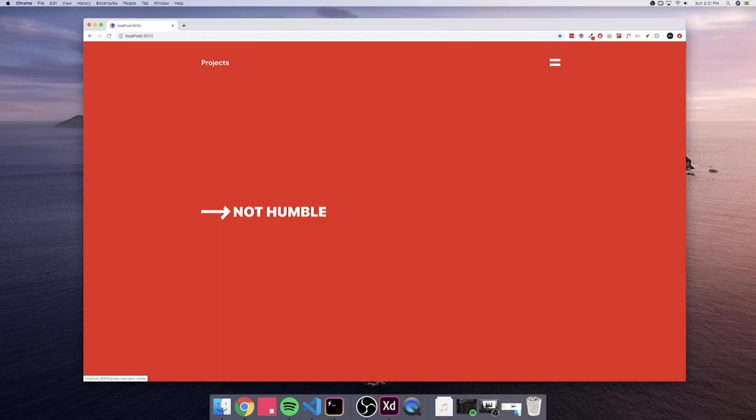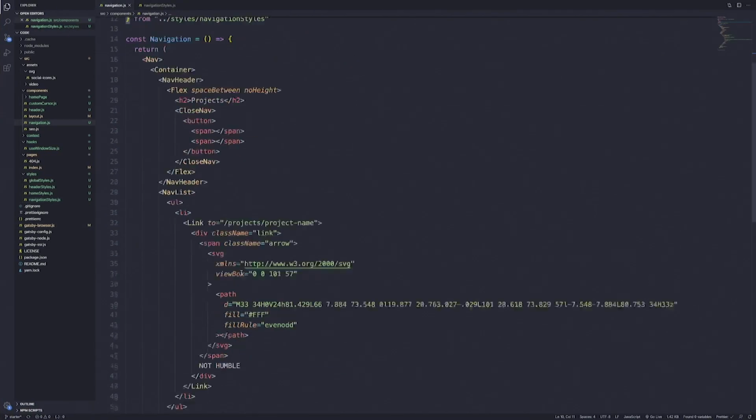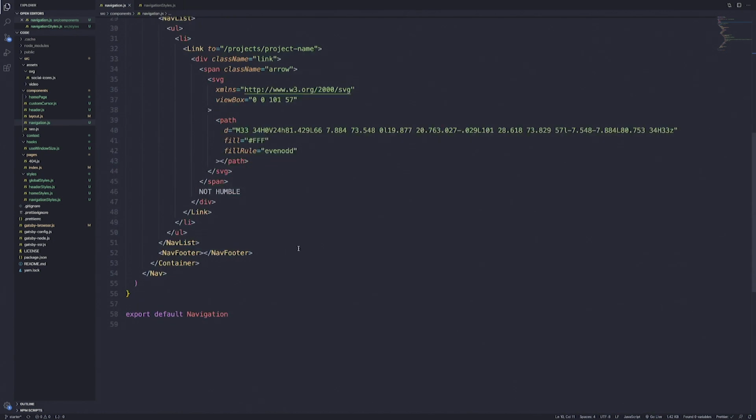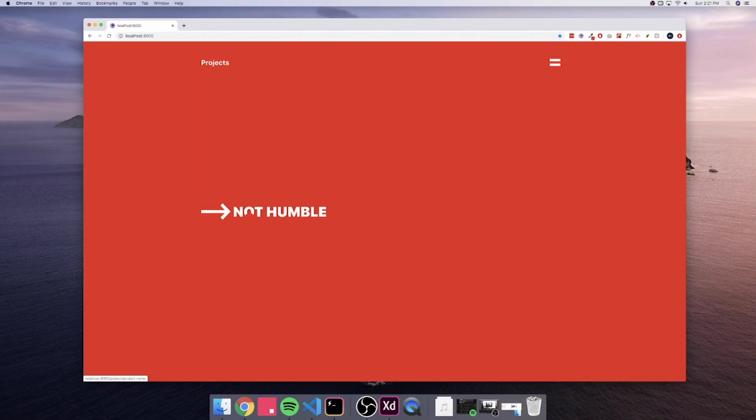And so with Framer Motion, what we do is we hide the arrow, and then when we hover, we will expose the arrow and move it to the right. We'll get to that towards the end. Lastly, we have our nav footer, but we haven't coded our nav footer out yet, so we'll get to that in a second. What I wanted to do is create the routes so that we could add all the routes,